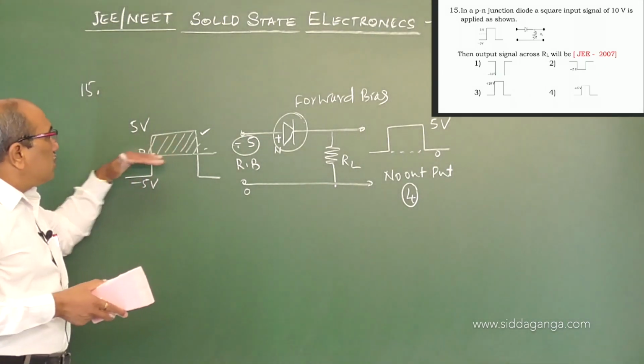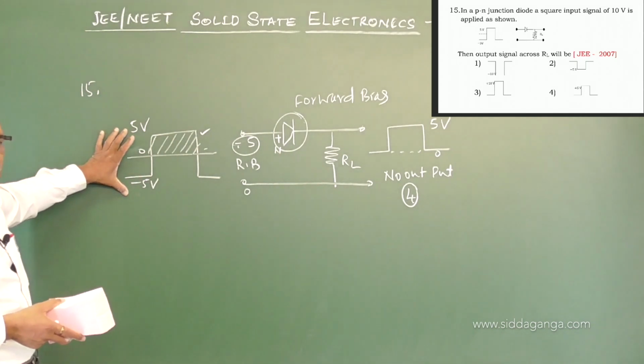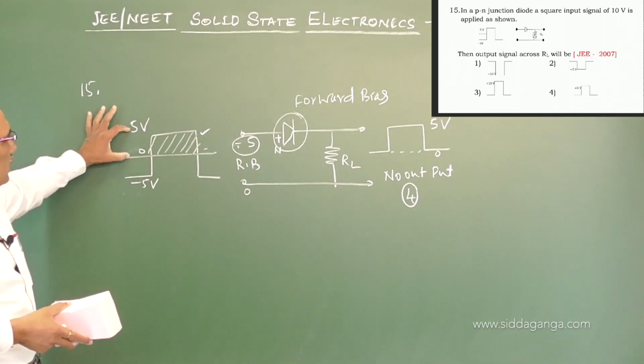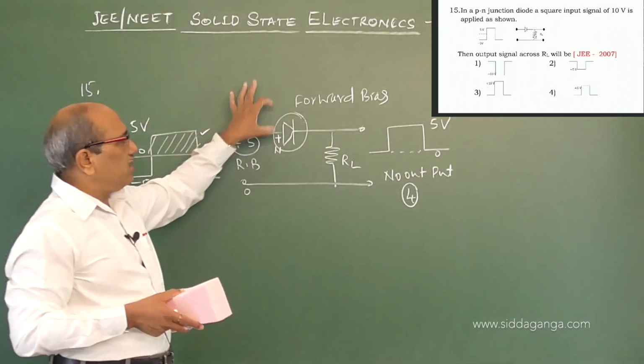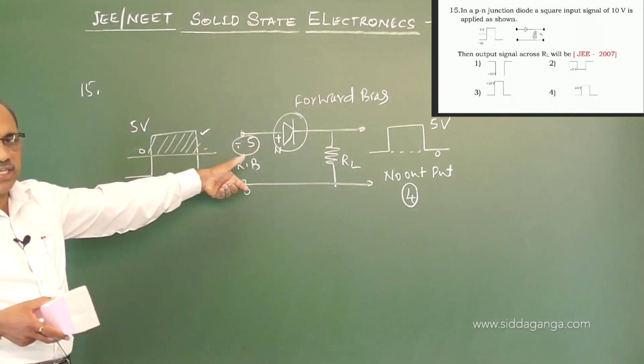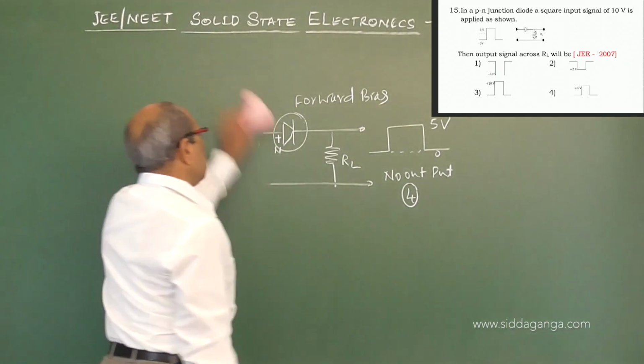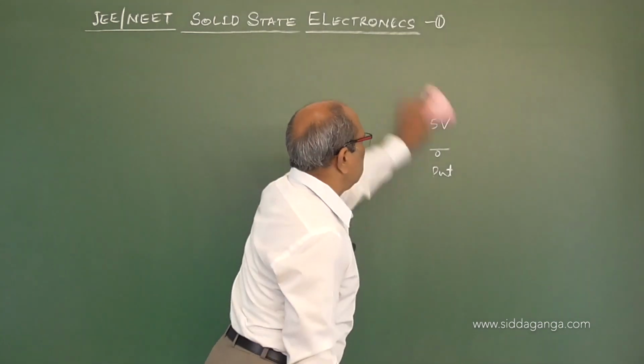Given input is 5 volt plus or 5 volt minus. This is the input signal coming to the diode. 0 to 5 is the half signal, forward bias, and we got the output. 0 to minus 5 is the reverse bias case for the diode connected, and no output, because it is an ideal diode, resistance is infinity and it does not conduct and give the signal.